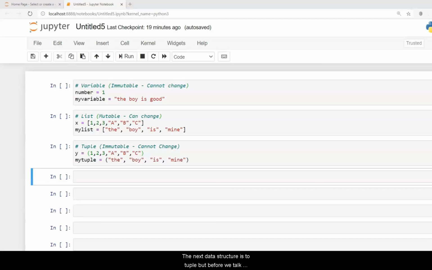The next data structure is tuple, but before we talk about tuples, I'd like to take us back to variable and list so we can identify the similarities and differences. We know that with a variable, the first thing we do is to declare a variable name and then assign a value or an element to the variable. So right here I have number and we assign the value of 1,